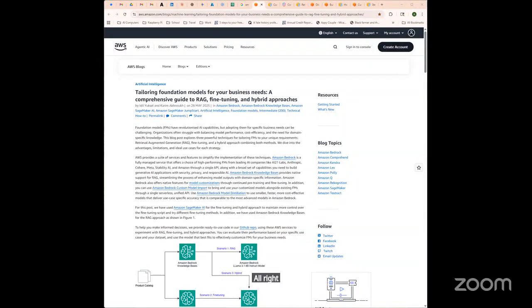All right, welcome back. So this time we're going to go a little bit into fine-tuning, RAG, and knowledge bases